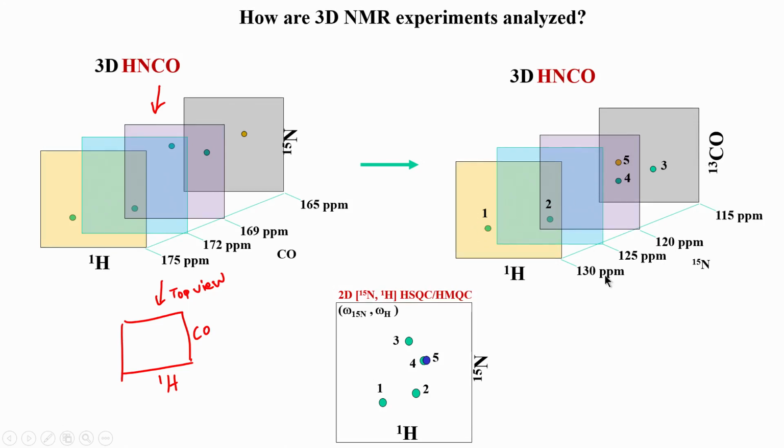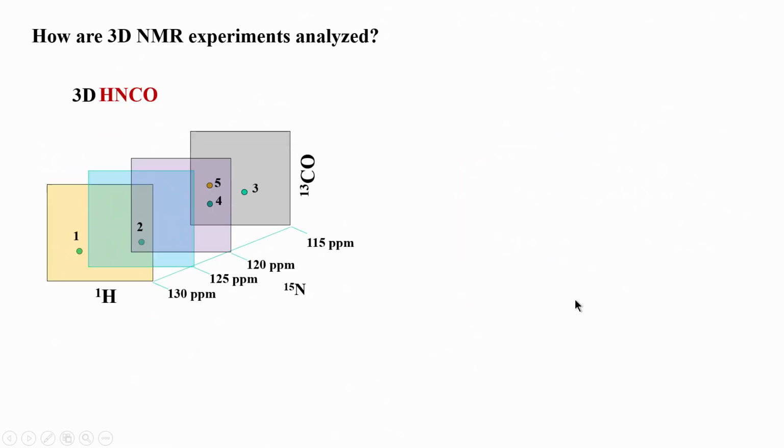So, henceforth all our spectra we will analyze like this: we will put nitrogen in this axis and carbonyl here, but remember, theoretically there is no reason to do that. You can shift around, you can put nitrogen here, carbon here, but the way we look at it in computers, it becomes very easy to have nitrogen here and carbonyl here. So, it is more of a convenience and convention rather than any other reason. Okay. So, nitrogen, proton and carbonyl.